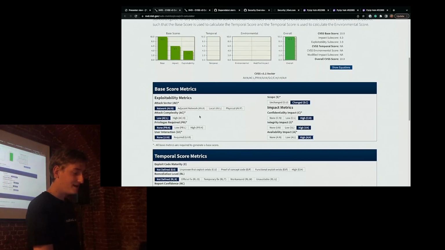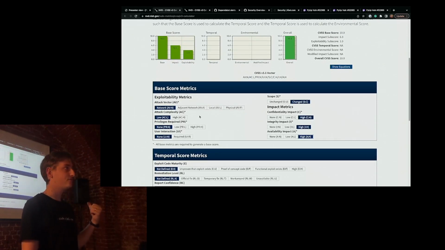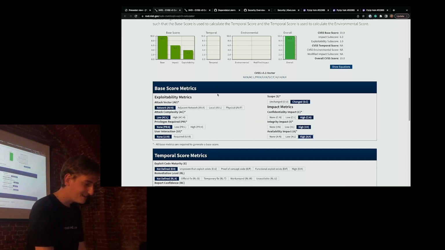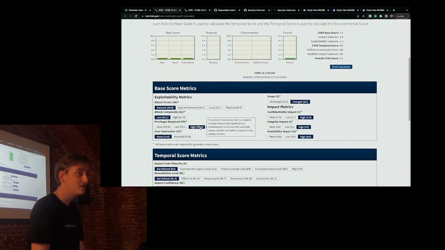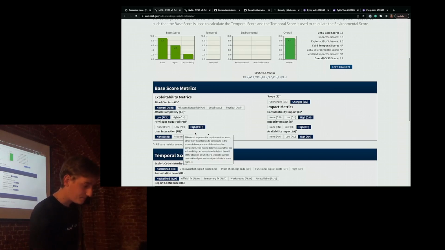Okay. Now this would be a bit different if it wasn't, for example, a login form, but an internal form, for example for an admin. So let's say that it's not for logging in, but for getting some unimportant data like, I don't know, when do people go for lunch or whatever. Then I can still do it by network, okay. The complexity is similar, but I need high privileges. I already need to be an admin. But maybe I don't have that much power to delete it, okay? I can only read,